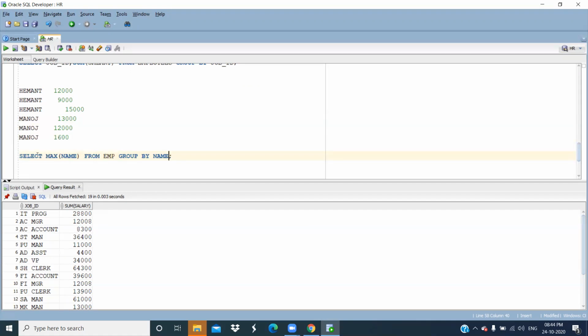What will be the output here? Hemant 15,000, Manoj 16,000. You got the idea, right? How it is working?